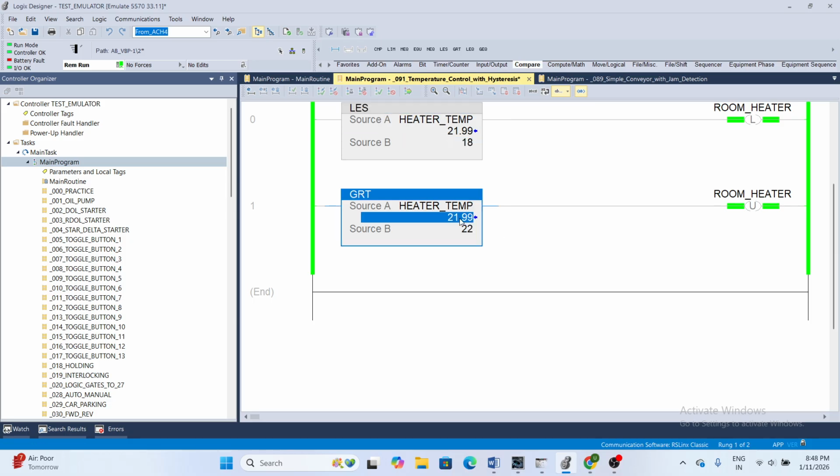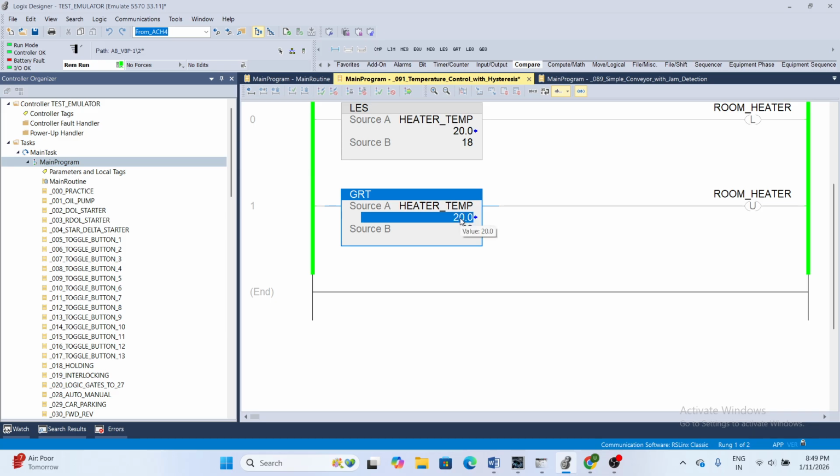When the temperature goes above 22 degrees Celsius, then the heater should be off. Understand? The heater should be off. When the temperature goes below 21, the heater stays off. When the temperature is 20 degrees Celsius, the room heater will also be off.